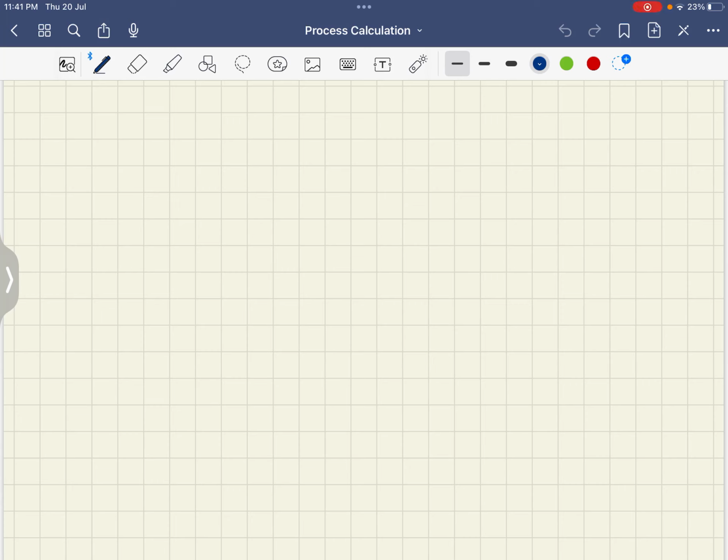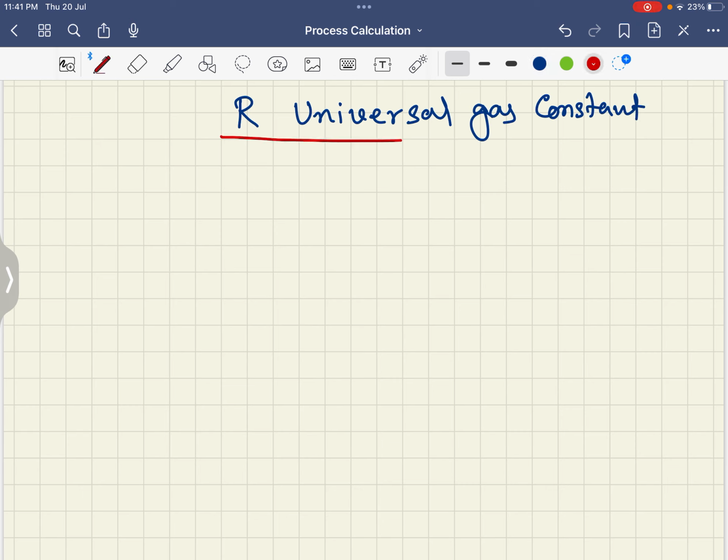Today I'll talk about universal gas constant. That is, we are going to calculate R. R is universal gas constant. Now I will show you how to calculate R. Now R can be calculated